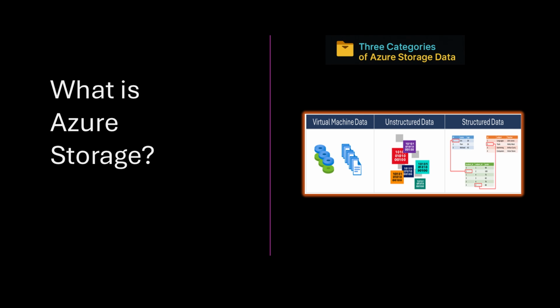For instance, you might use Azure SQL Database to manage customer records, or Cosmos DB for a shopping cart system that needs to be globally distributed and always available. Understanding these three categories helps you design the right storage strategy for your workload, whether you're supporting apps, analytics, or